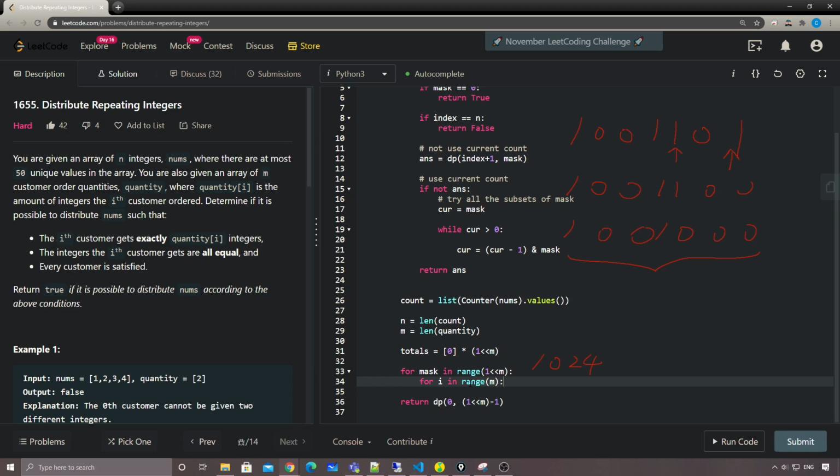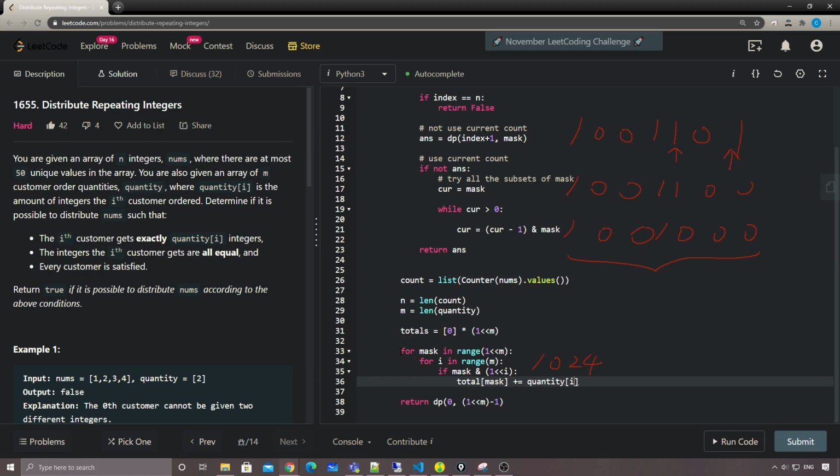each bit, and then we check if that bit value is 1. So the way we're tracking it, we simply do an if the bit mask, do an AND with this i here, right? If it's not empty, if it's not 0, then it's 1. Okay, yeah. And then we simply do a totals of mask plus the quantity of that customer, right? So that's how we do a pre-calculation for any given mask,